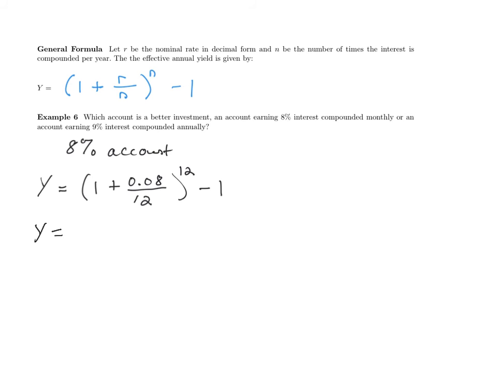So parentheses 1 plus 0.08, then divided by 12 creates a fraction. I push over, close the parentheses, and use the caret symbol to get an exponent of 12. I push over once to get out of the exponent, and I subtract 1. And the value for y that I get is, let's see,